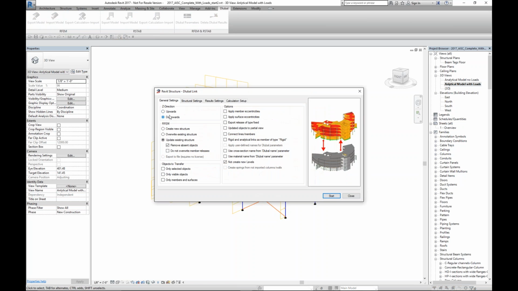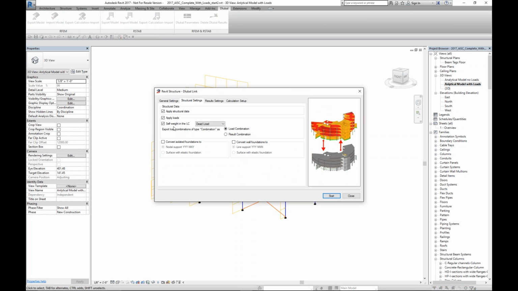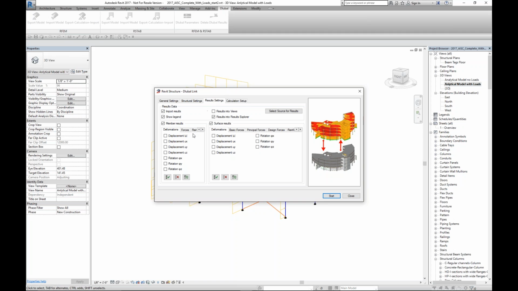So when I do this, same settings as before. Structural setting, let's say self-weight, I apply loads. I want to have also results. This time I want to import the forces. I don't have any surfaces, so I can switch that off. I run the analysis,